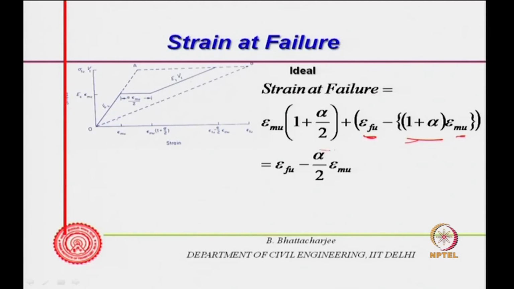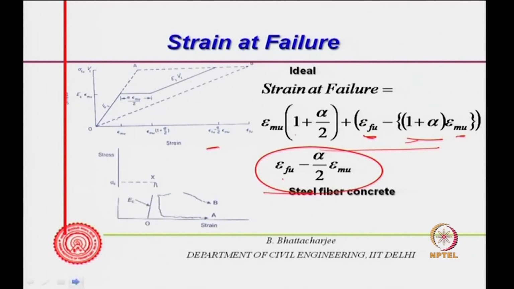Therefore, if I do a little bit of algebra out of this, I get epsilon Fu out here, epsilon mu is there everywhere, I get this value. So, this strain here is epsilon Fu minus alpha by 2 into epsilon mu. So, that is the failure strain,